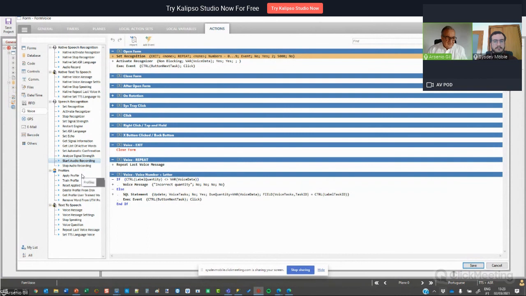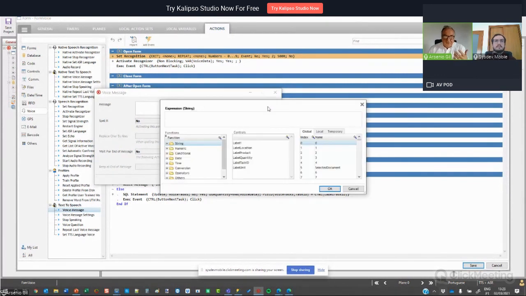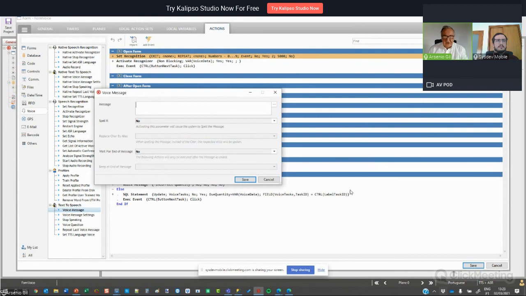And also you can define your profiles like you have seen, and also you can use text-to-speech actions like voice message. You can, for example, type what you want to be spelled, it can be an expression, whatever you want. You can spell it or not, send number by number or letter by letter. Also, you can say wait for the end of message and beep. It means when, for example,